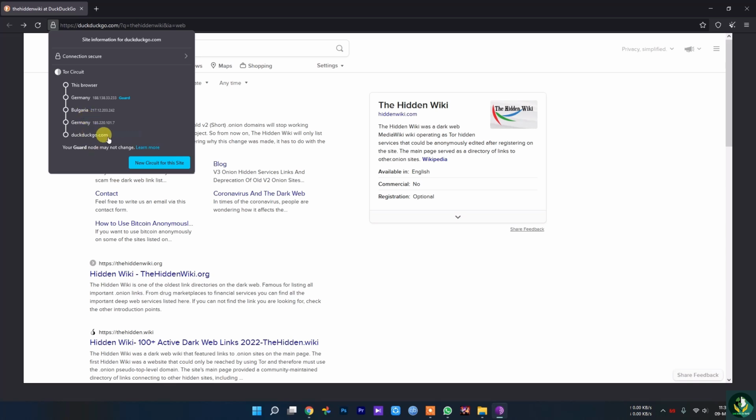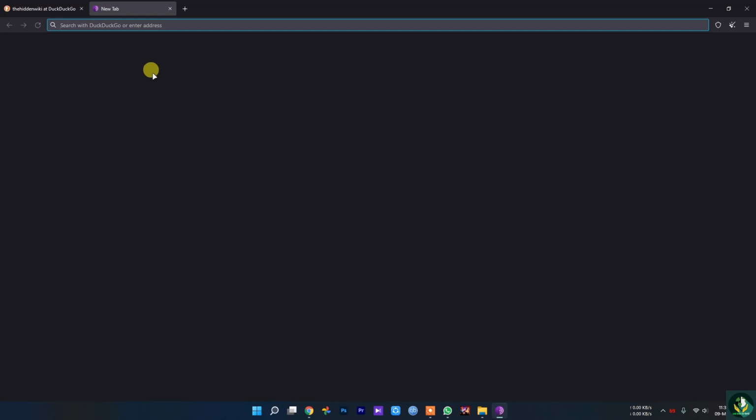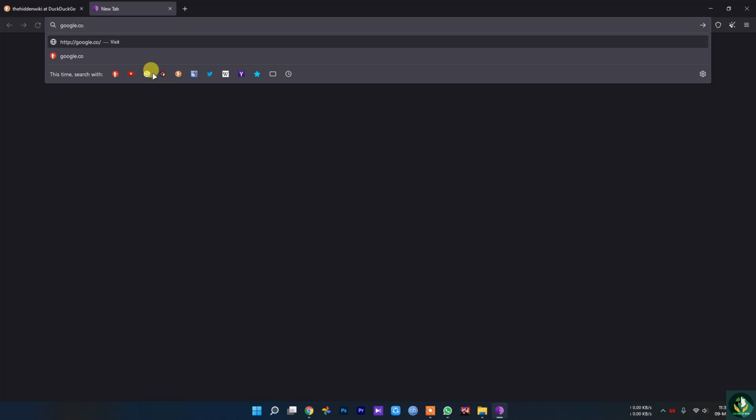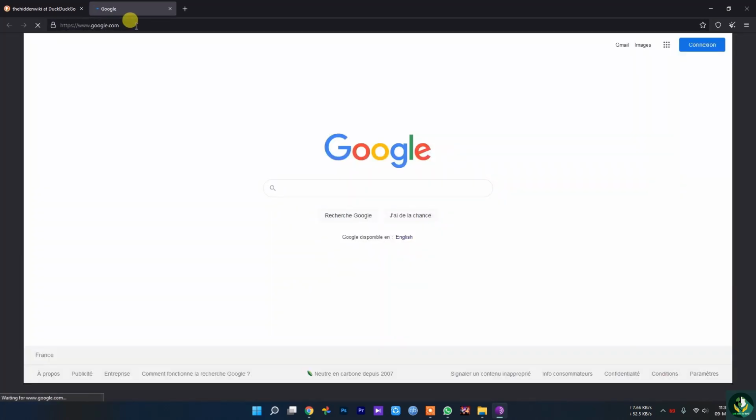If Tor is enabled, it's going to create a new identity. If you click this Tor circuit from this side, it's going to show the security setting of the Tor network. So let's just go to google.com for better understanding. It will take some time.